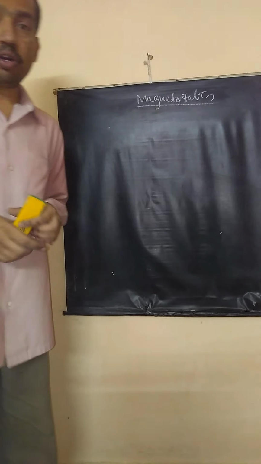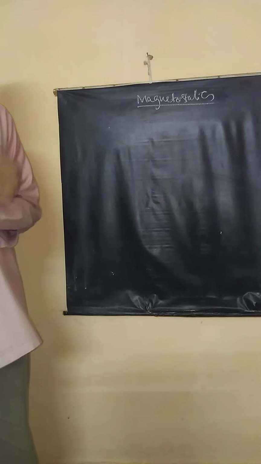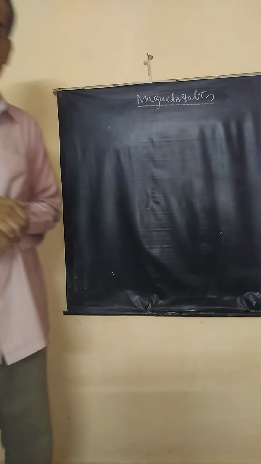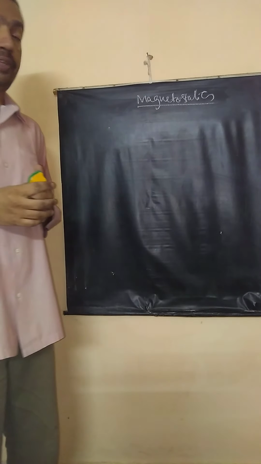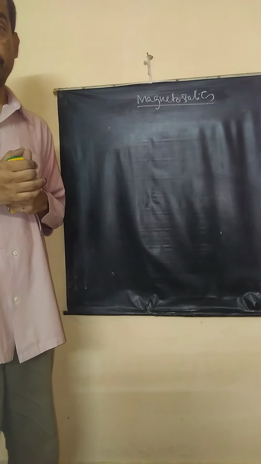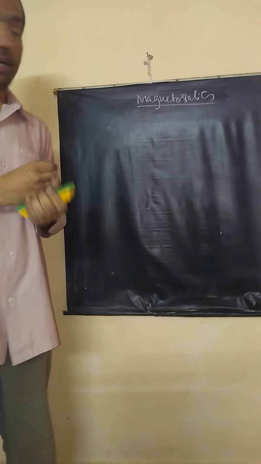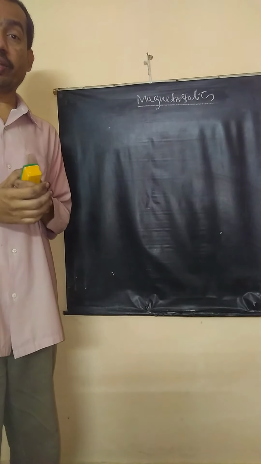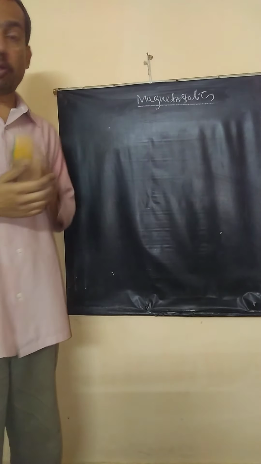Dear students, in this talk, we are going to study magnetic fields, properties of magnetic fields. In electrostatics, we learned properties of electric fields through Coulomb's law and Gauss's law. We understood electric fields act along the position vector joining the two charges. Electric fields possess divergence. Now you are seeing another type of vector, another type of force called the magnetic field. We will see the properties of magnetic fields.